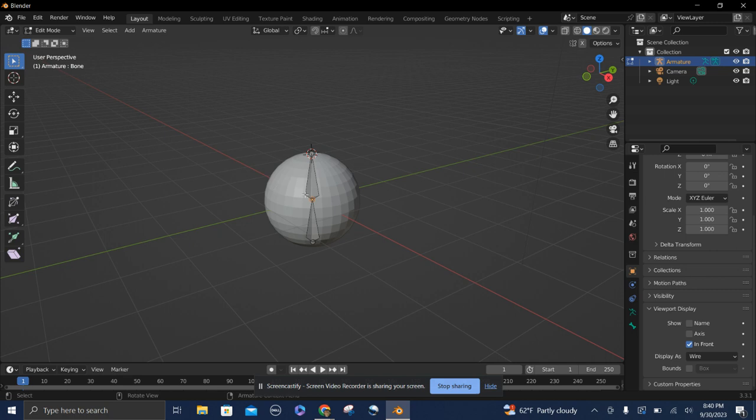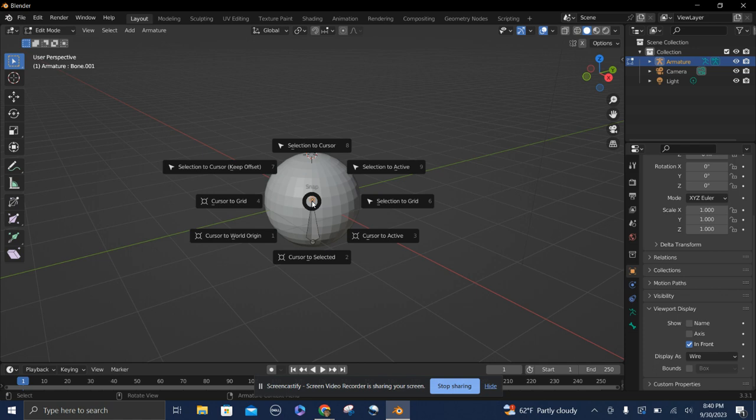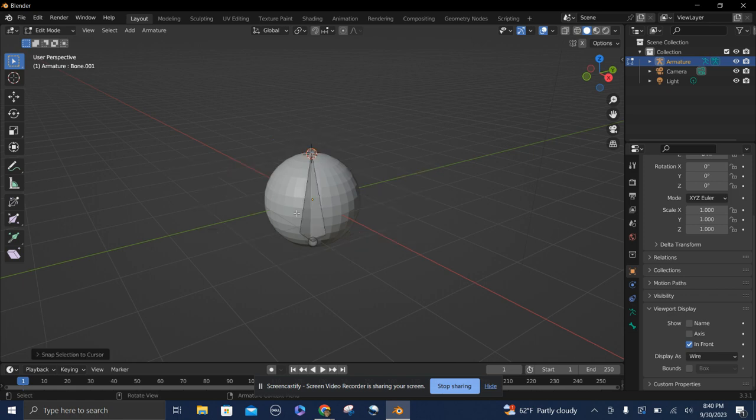edit mode. So we're going to hide this top bone. To do that, you hit H on the keyboard. That hides it. And then we want to click the tail end of a bone, or the top end of a bone. I know it looks like it's upside down, but that's just how it is. The smaller point is the tail. We're going to hit Shift S again, and now we're going to go to cursor to selected, and it'll pull that bone to make it longer and fit into our